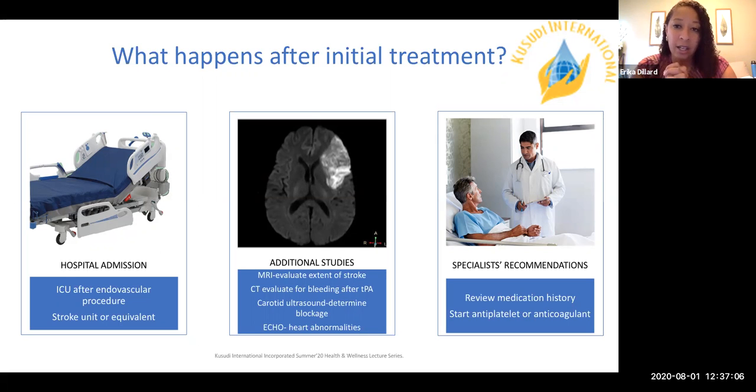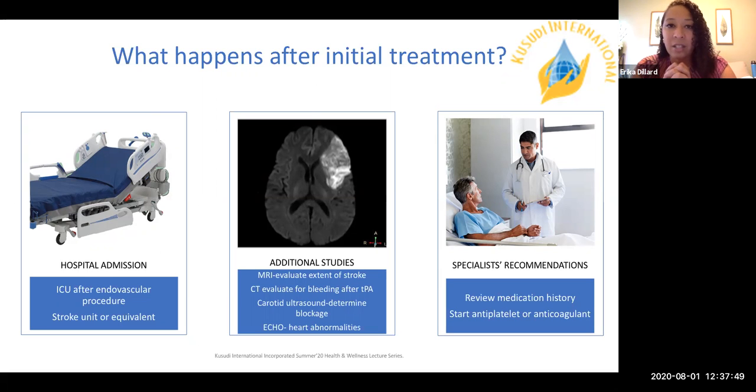You'll also need to get a workup of your heart. An echo is often done in order to look for heart abnormalities, because underlying heart abnormalities are a major cause of stroke as well. As we said, patients who have arrhythmias such as atrial fibrillation, or patients who have an enlarged heart, may have a higher risk of developing clots that are sent through the bloodstream to the brain. And you also need to take a look at your carotids. Again, carotid disease is one of the major causes of stenosis. This is something that's actually treatable, but you need to know that it's there, so you need to have further studies to take a look at that.